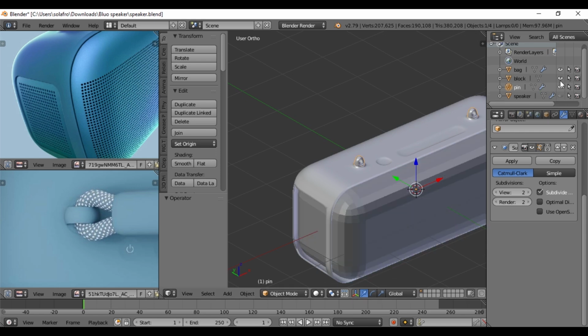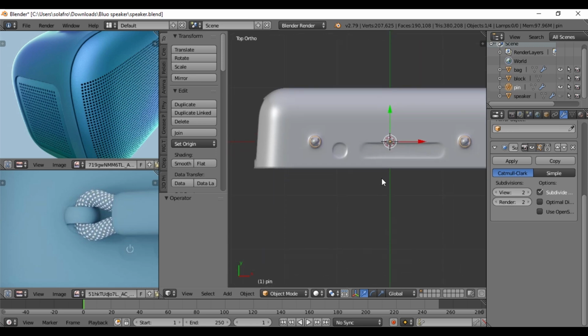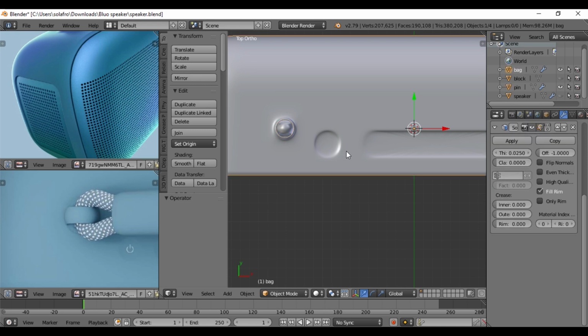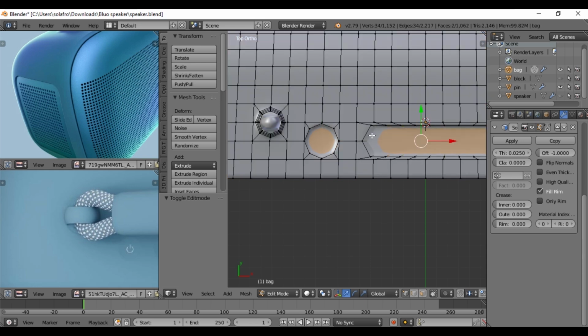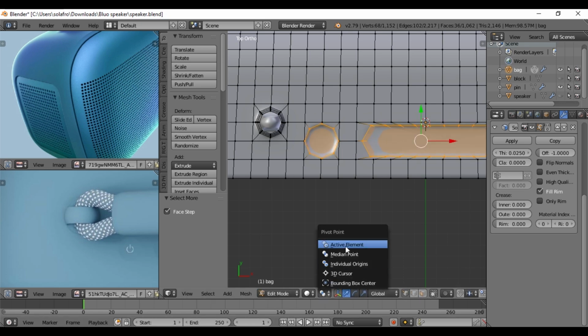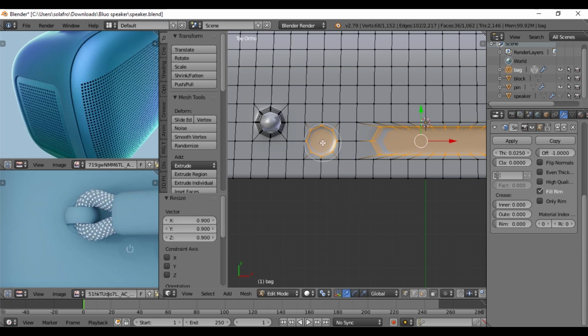Hide everything except the back. First, let us fix the buttons, holes, and the pins. It's very disproportionate. Selecting the back, then change to edit mode. By pressing Shift Alt, select the loop. Then press Ctrl+ to add to the loop selection. If the pivot point is in the median point, change to individual origins, then scale by pressing the S key, type 0.9. By pressing C, circle selection mode, deselect the circle. Then scale in the X-axis.